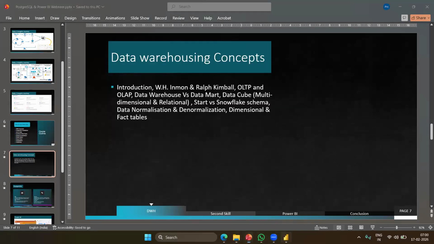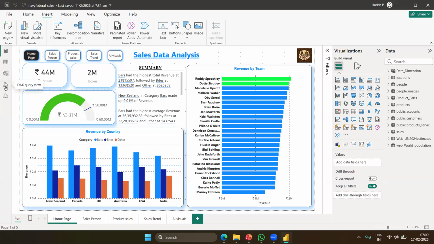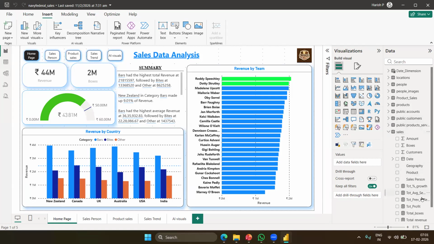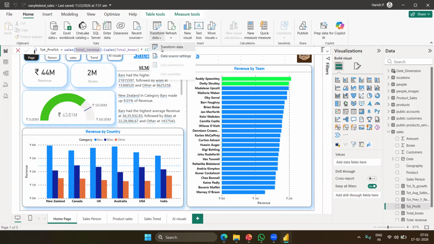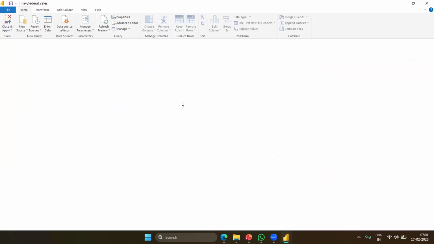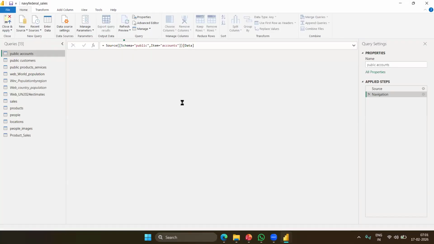Like if I show here, DAX, let me open. These are the DAX formulas that we created, and the mQuery language. Another important thing is a question that comes from students: do I need to know a coding language?